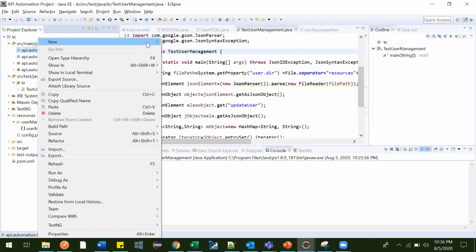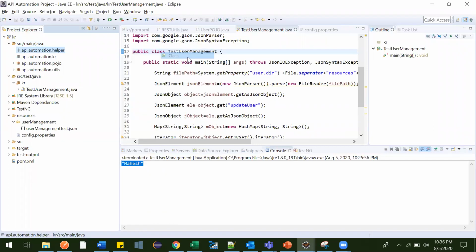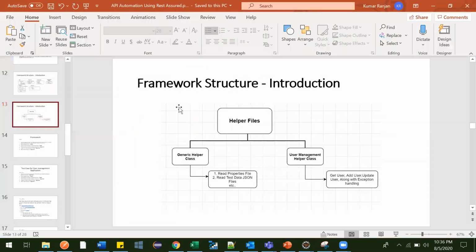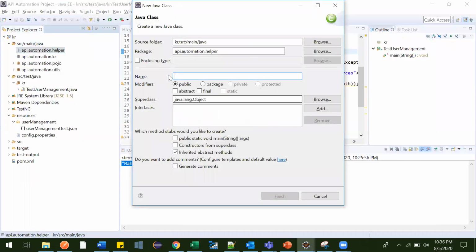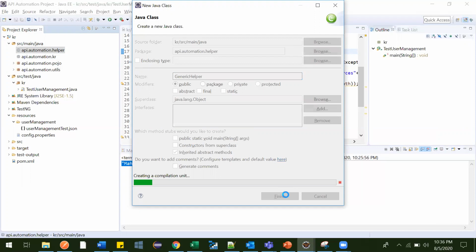Now right click and create one class. What class can we create? One generic helper. As the name suggests, the generic helper will be available for all the projects. Whoever wants can use it by providing some parameters, which I'll be showing to you.